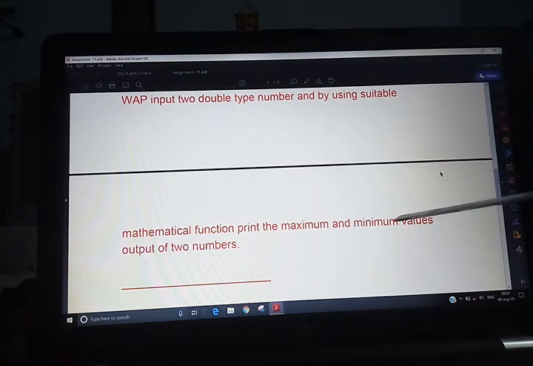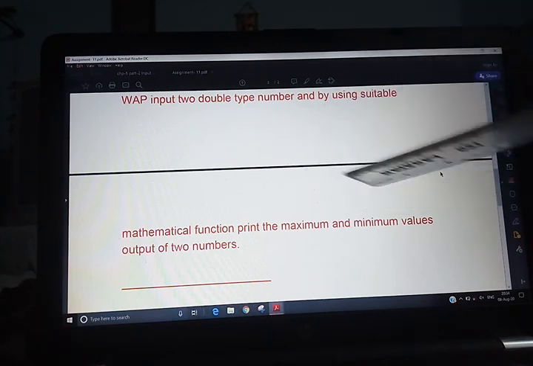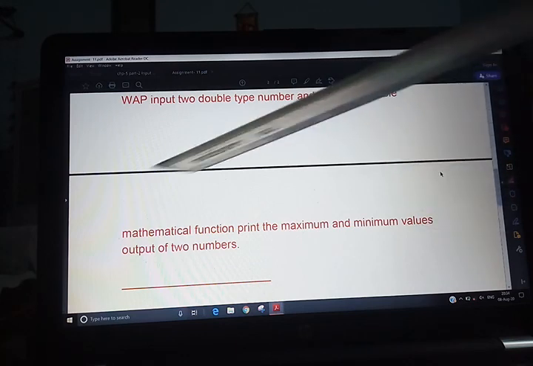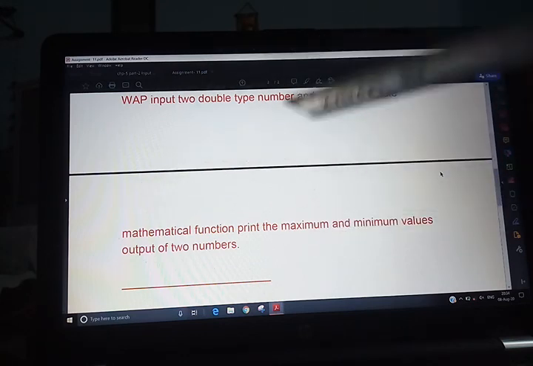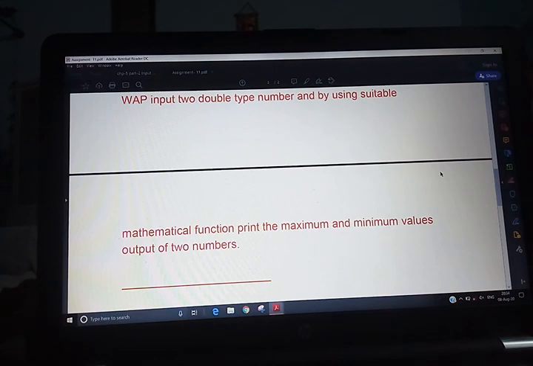And then next is Math.min. Here also M is in uppercase, and the minimum function is min. So max and min values you are going to calculate, and after both values, you print them and see the output. So this question you will do yourself.